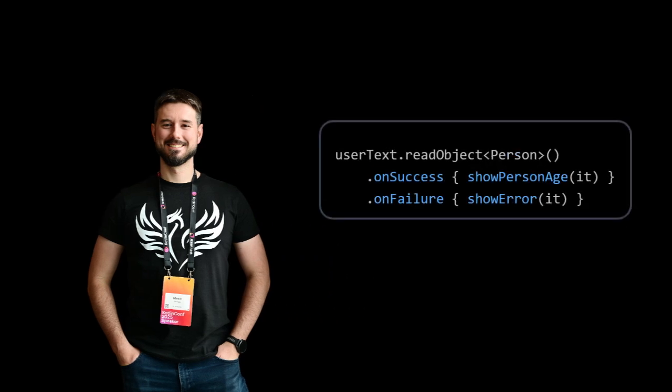When we choose to return Result, the user of this function will be able to handle it using methods from the Result class. For instance, we can read the object and then call onSuccess to show the person's age, or onFailure to show an error. Using such error handling is simpler than using a try-catch block. It is also safer because an exception can be missed and can stop our whole application. In contrast, a null value or a Result object needs to be explicitly handled, and it won't interrupt the flow of the application. The difference between a nullable result and the Result object is that we should prefer the latter when we need to pass additional information in the case of failure. Otherwise, we should prefer null.